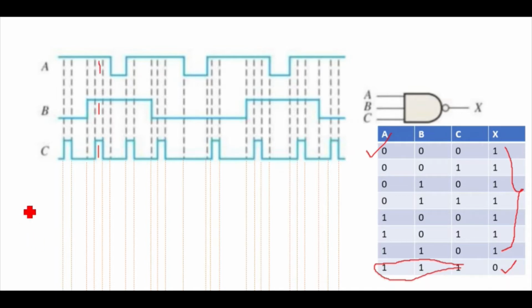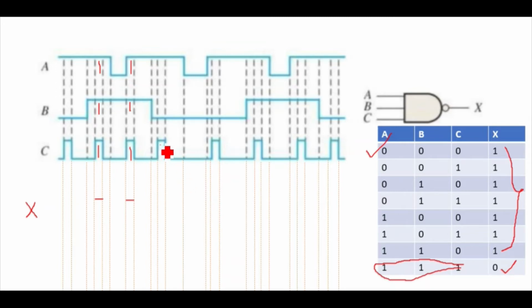So at this point just start drawing the output timing diagram of X. Make it 1. Similarly, here C is 1, B is 1, and A is 1. So here you draw it like this. This is the 0 value. Then we will go up, and to the next value.